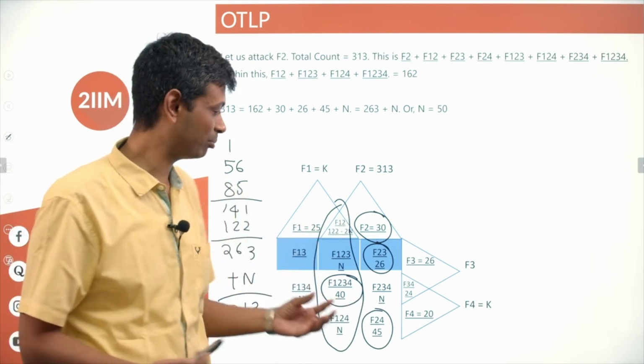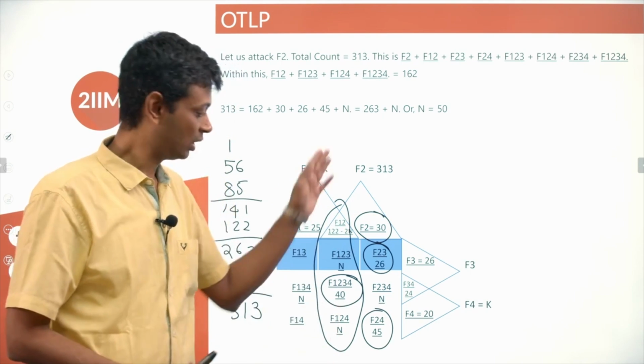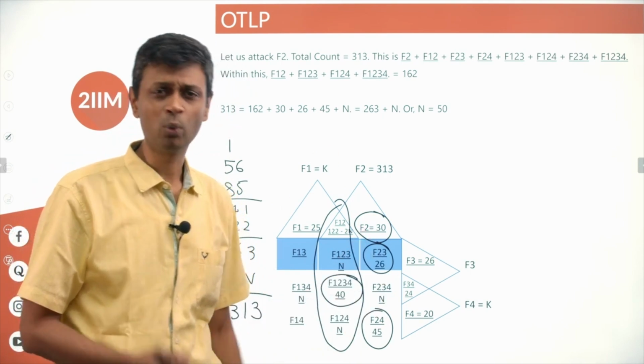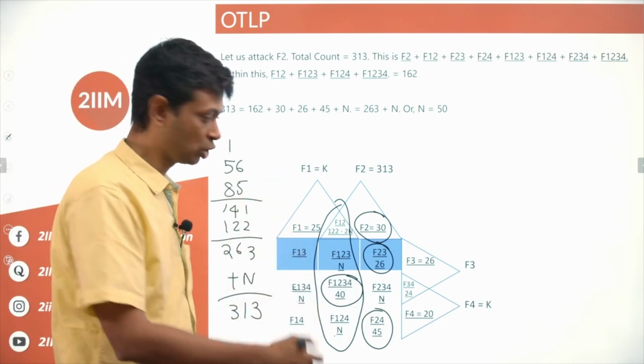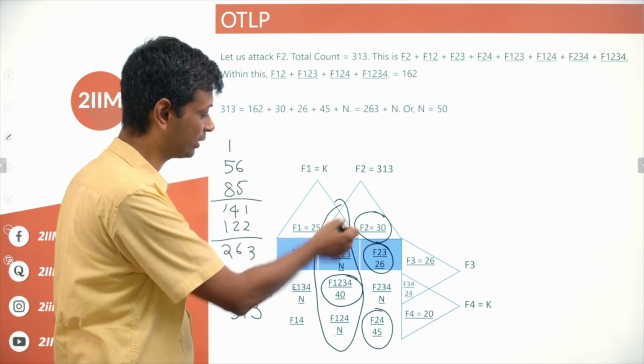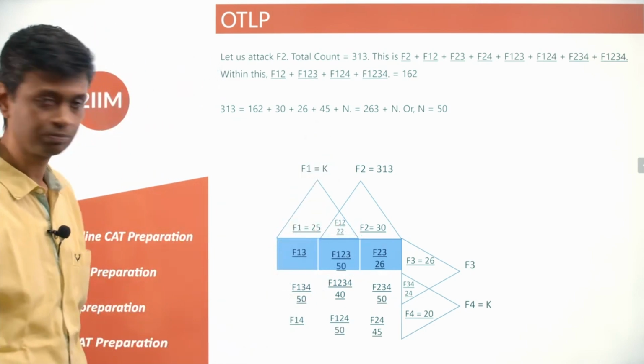Either way is fine. So we have plugged everything in, going cell by cell, or saying, okay, this is 162. Let me worry about the remaining regions. I find n. Once you find n, 50, 50, 50, 50 fills itself. 122 minus 2n is 122 minus 100, 22. That takes care of itself. So a bunch of cells get filled.